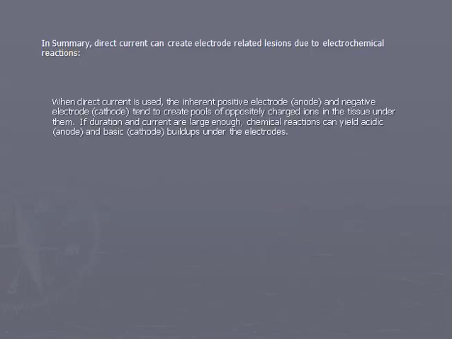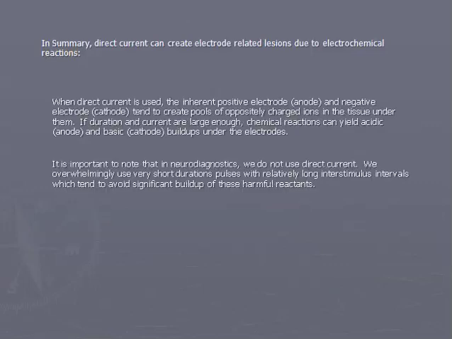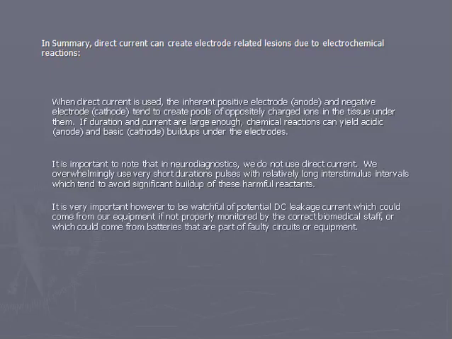If duration and current are large enough, chemical reactions can yield acidic buildups at the anode and basic buildups at the cathode under the electrodes. It is important to note that in neurodiagnostics, we rarely use direct current. We overwhelmingly use very short duration pulses with relatively long interstimulus intervals, which tend to avoid significant buildup of these harmful reactants. It is very important, however, to be watchful of potential DC leakage current, which could come from our equipment if not properly monitored by the correct biomedical staff, or which could come from batteries that are part of